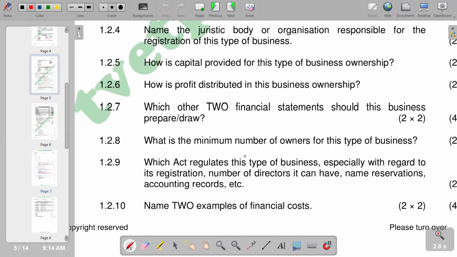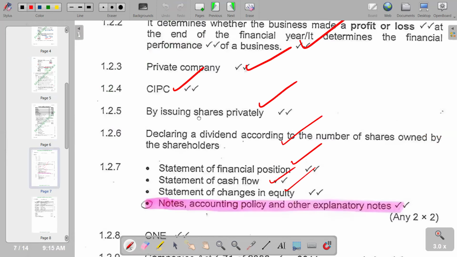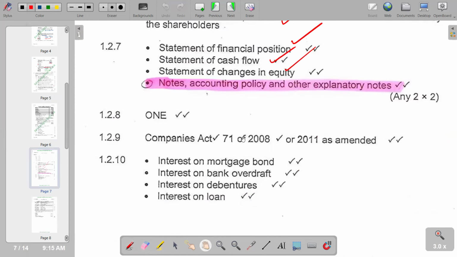Then what is the minimum number of owners for this type of business? So you see that we have got one. One. Then we go to 1.2.9, which act regulates this type of business, especially with regard to its registration, number of directors it can have, name reservations, accounting records, etc. So this is the Companies Act. It is the Companies Act. So the Companies Act 71 of 2008 is an answer that you can provide. So moving on to